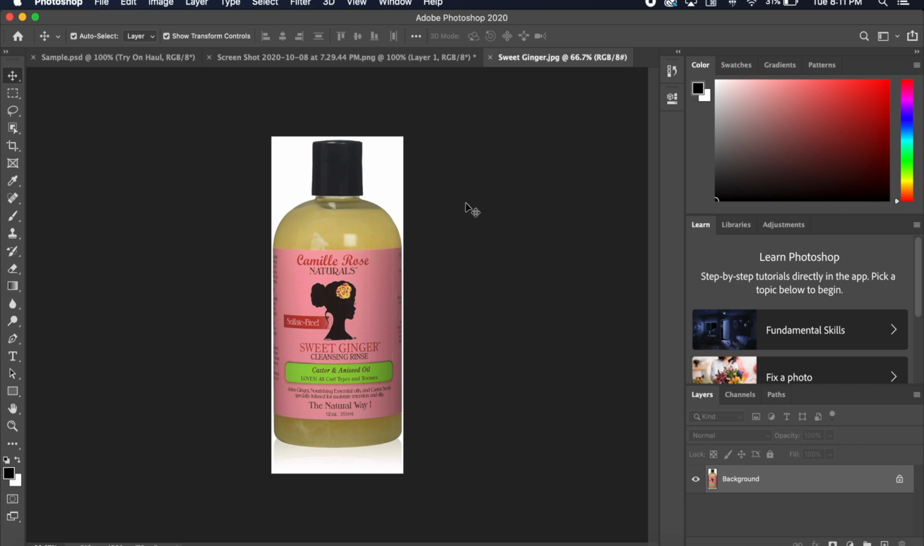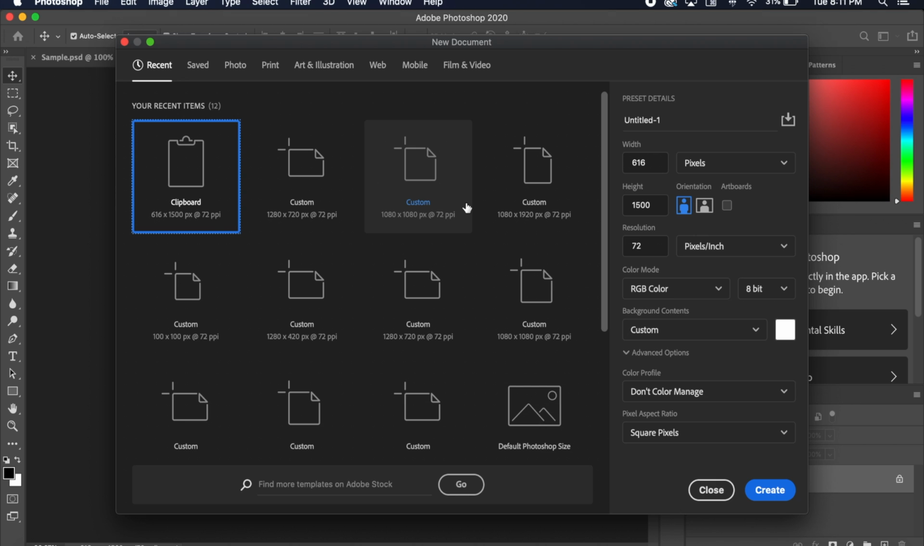So once I have Sweet Ginger open, I want to hit Command A, which is basically going to select everything, and Command C. So whenever you copy anything, when it's time for you to make a new file, it'll be the same size. So the purpose of me doing this is that I want the bottle of the shampoo to be able to fit on the new file size wise. So I'm just copying the size of the whole canvas,